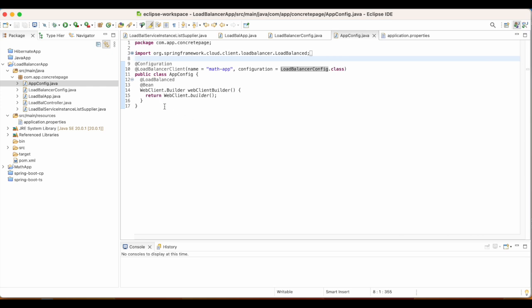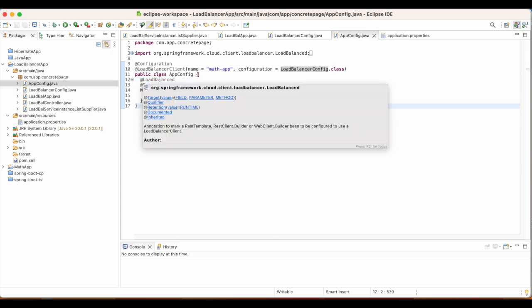Now we need a builder. Use load balanced. This annotation marks a REST template, REST client builder or web client builder bean to be configured to use a load balancer client.